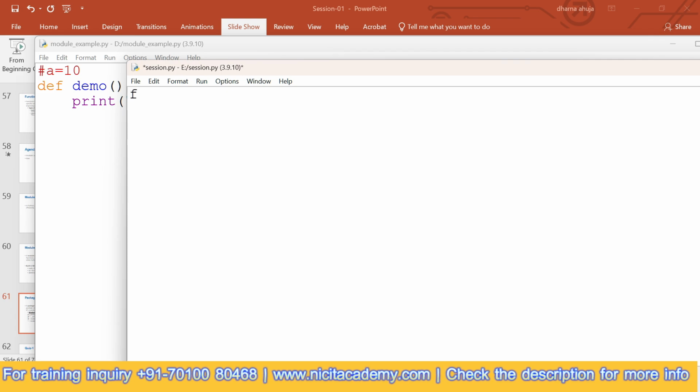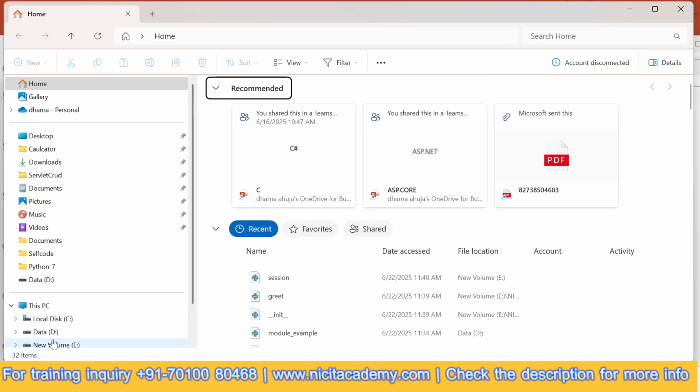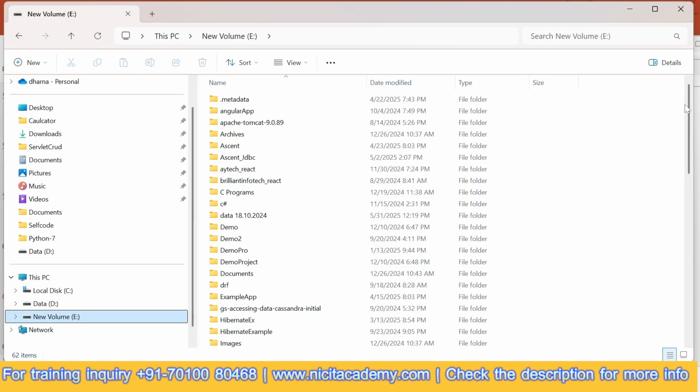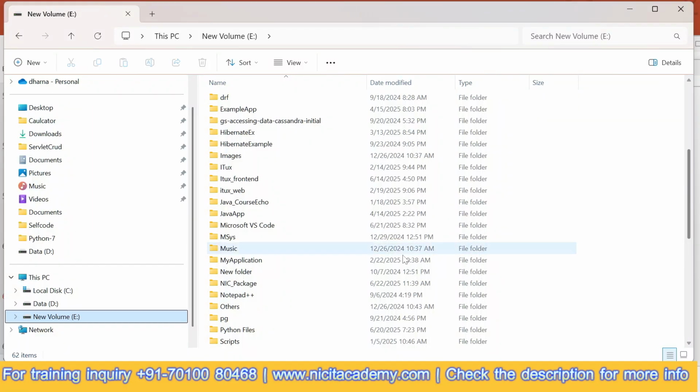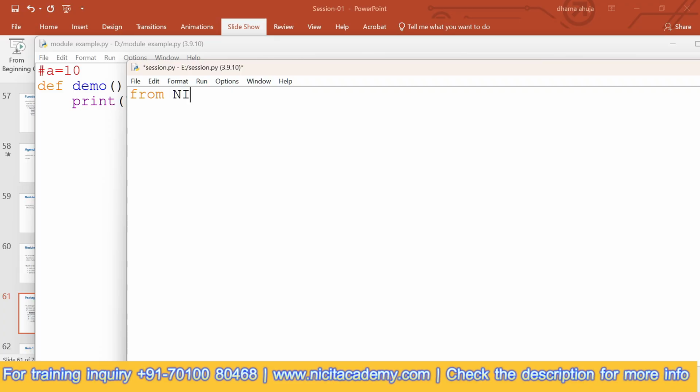Now in this, I want to import the file of nic package. So I will write from nic, like the name of the package is this. From nic_package import asterisk also I can write, and then I can call greetings function with a message.